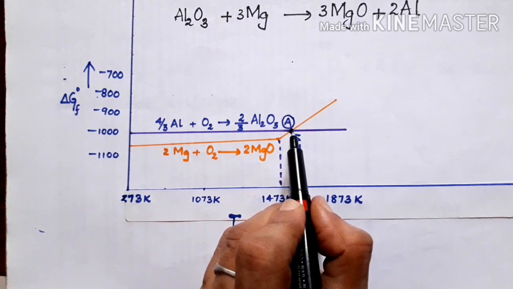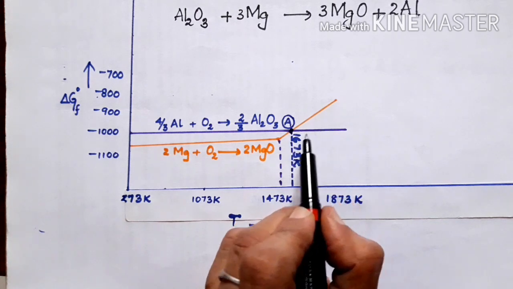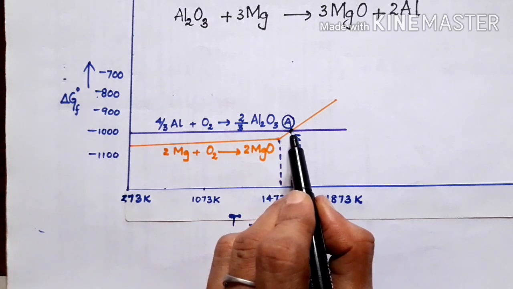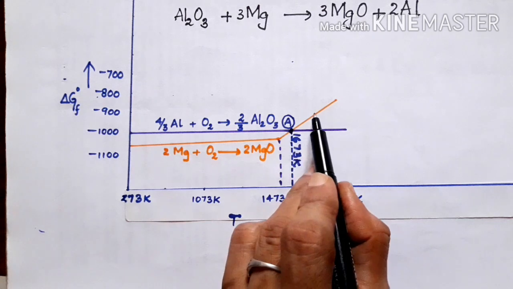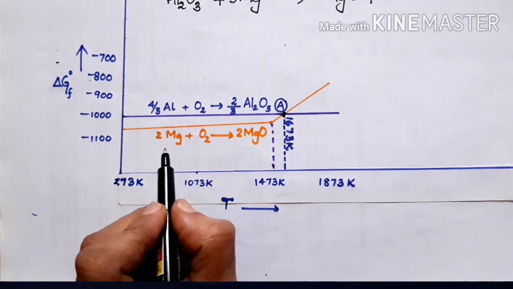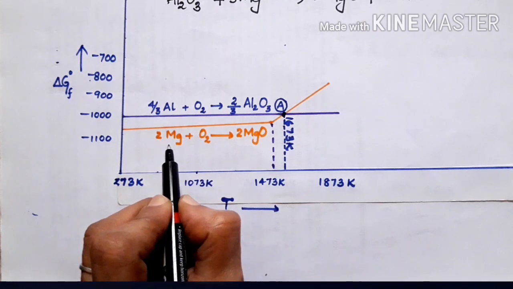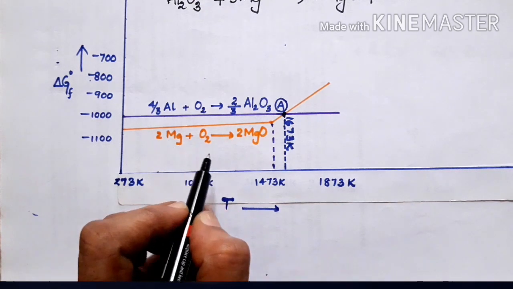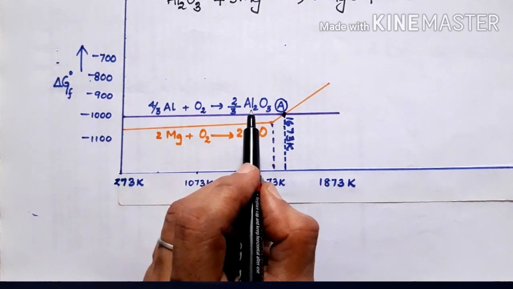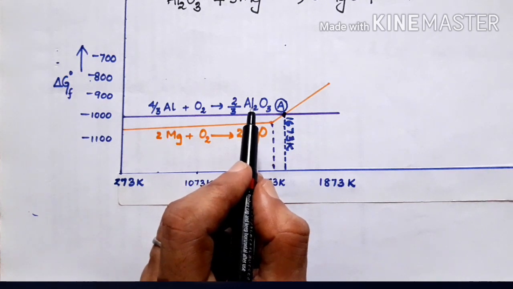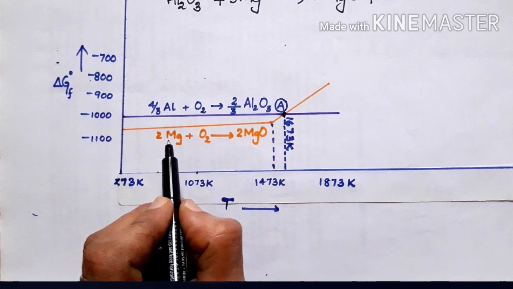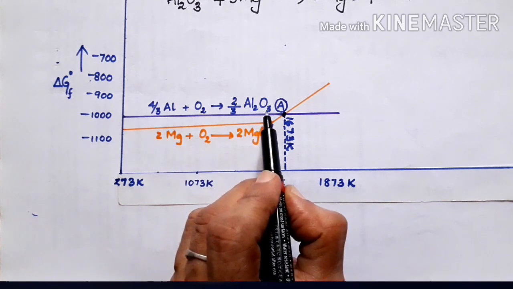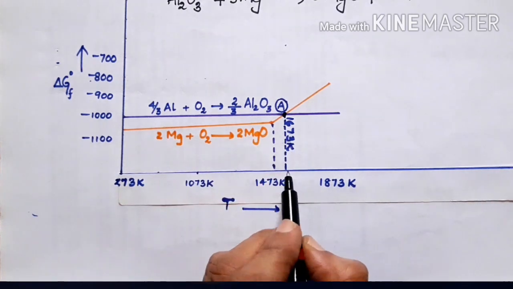Now, when it is moving above, you find that as the reaction proceeds, the delta G0 formation becomes less negative. It is said that the element which is having more negative value is able to reduce the oxides which are remaining above it. So magnesium will be able to reduce aluminum oxide up to the temperature